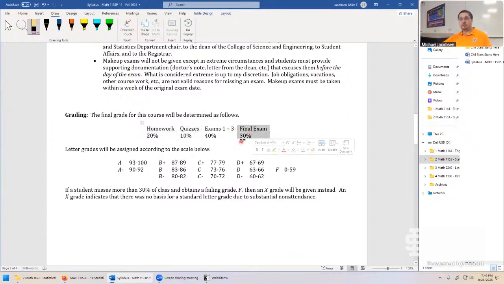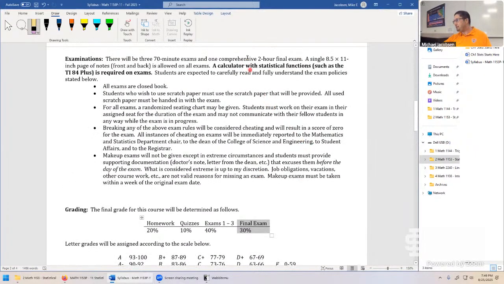The final exam also sounds pretty scary, but if you're scoring well on exams 1 through 3, the final exam does not drop the student's grade on average. And if I did write a really hard final exam and everyone's average grade in the class went down like 5%, that's the indication to me that I might curve the final exam. This is the only exam that I would ever curve in the semester, just because it's not meant to be something that just destroys you, going from a B to an F kind of situation. It's just a formality pretty much, kind of like a capstone project that you have to do by sitting in on a 2-hour exam. Sorry about that part, but we'll all get through it together.